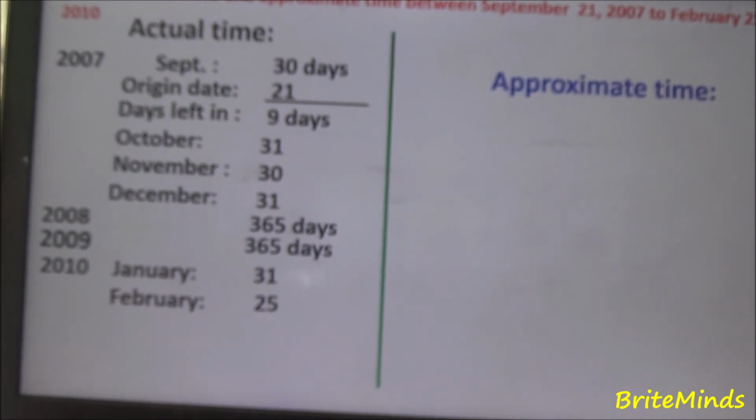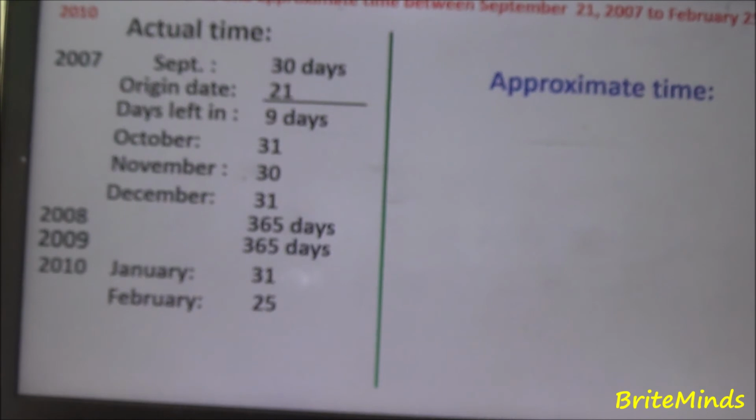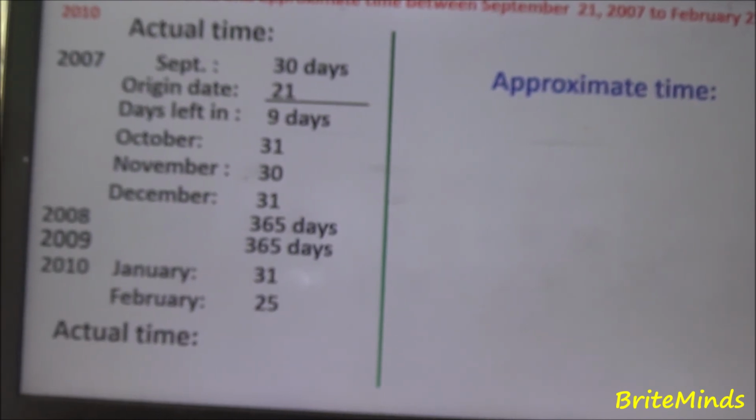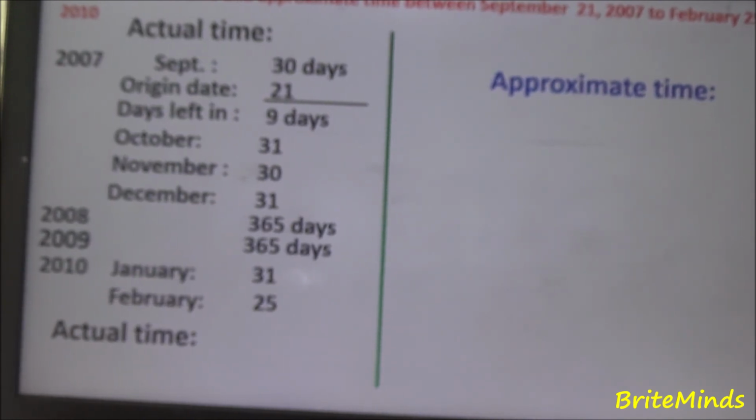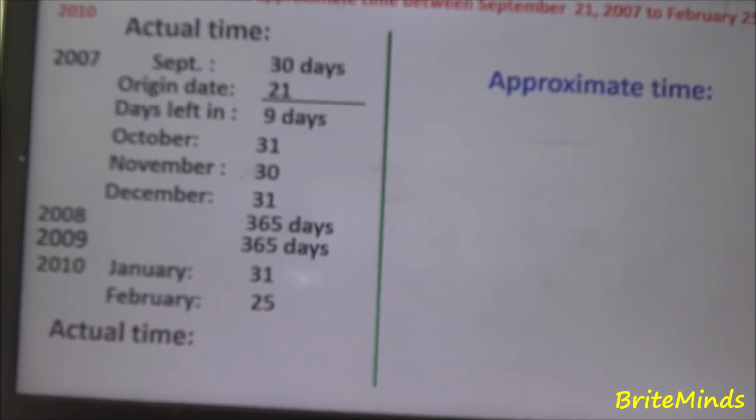And then we get the sum of all the days to get the actual time. So 9 days plus 31 days, 30 days plus 31 days, then add the 365 days, another 365 days, and then 31 days for January, and the 25 days for February.